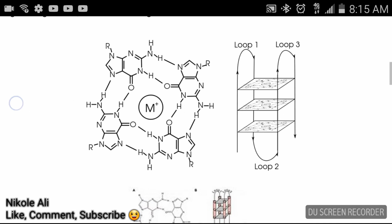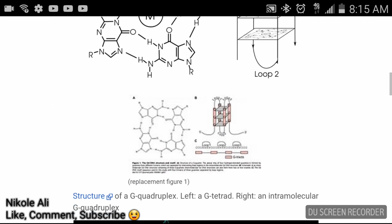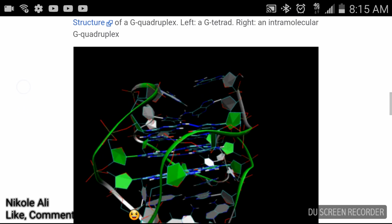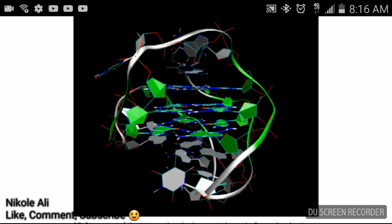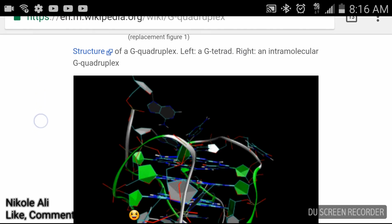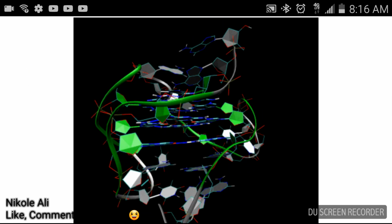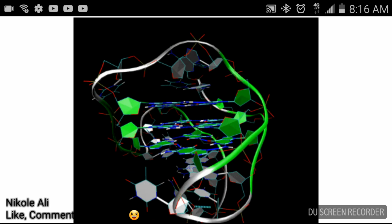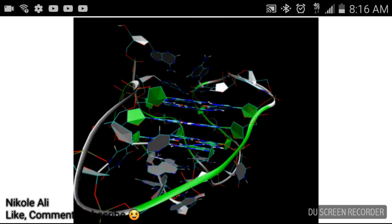Now they say here you see the picture again with the G, it's really a quadruplex that they have. They have the R factors, and now here you have a crystal structure. So this is protein crystallography or structural crystallography, where they have put in the sequences of this G quadruplex or G tetrad, and they've allowed it to go into a computer system, and they're modeling what is happening. And what they can do is add in different stimuli to see how the structure changes over time. They can predict how cancer cells would react with a G quadruplex